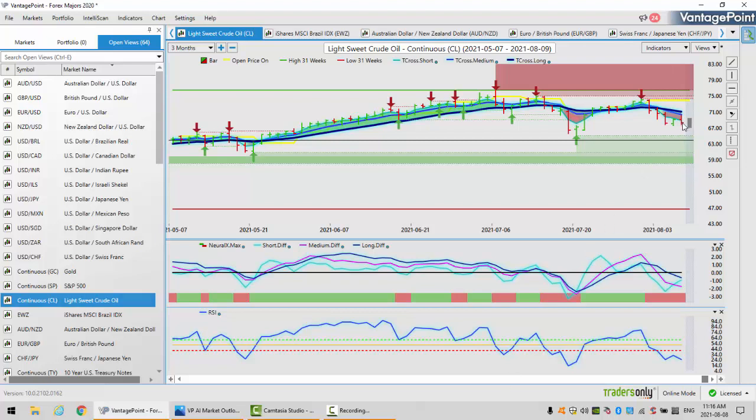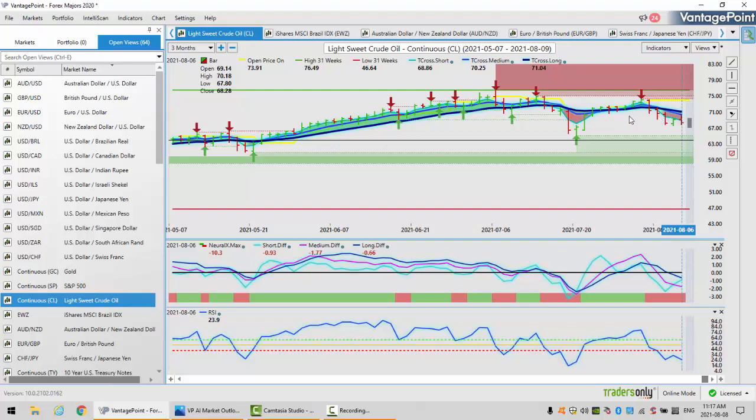But I will make the argument here that when I look at this from the intermarket correlation standpoint with oil, oil is still moving lower. We don't have a buy signal forming here yet. Again, the yearly opening high and low on that is 76.49, and then the lower side of that is 46.64. What could play a big part in this too is if the Delta variant, COVID, takes hold of the U.S. and some of the other major economies and things shut down again, that could hurt oil and it could hurt equities. So we'll be watching it.